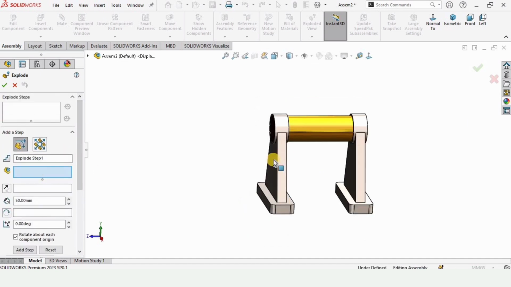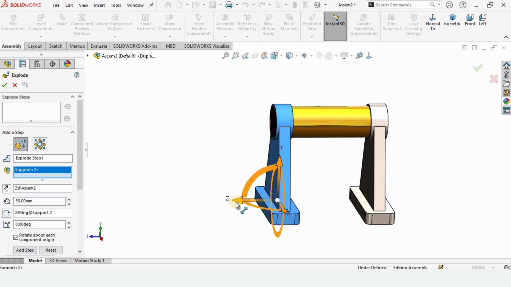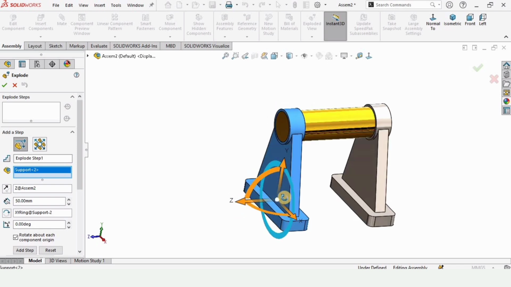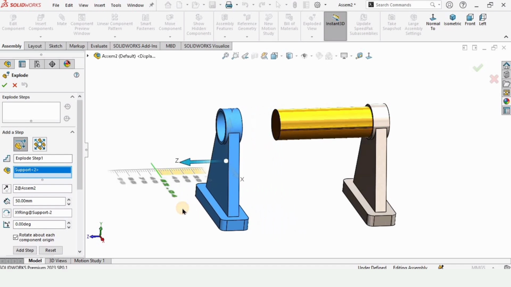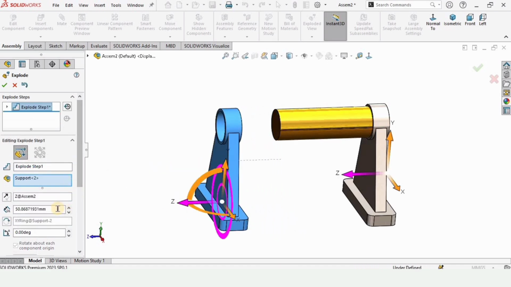In this window we need to select this part, and these are the axes X, Y and Z. You can select these axes and drag by using your mouse just like this to translate it, or even you can give it some angle as well. And here I am giving it some distance, 50 millimeter,